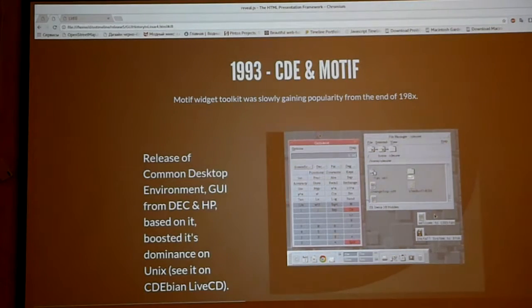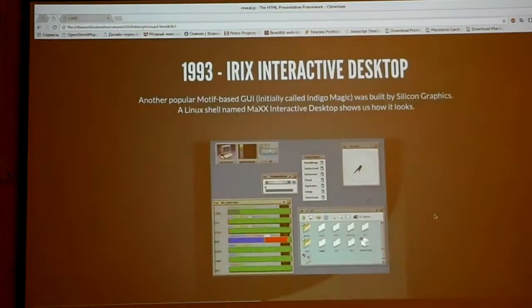And by the way, here we see the live CD, which is also Debian based, and has Motif as the only graphical shell. It was created just for demo purposes. Oh, probably with plastic as a library? Yes, I'll tell a little bit more about it.